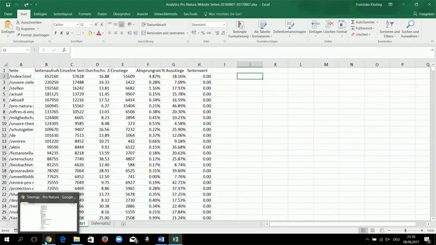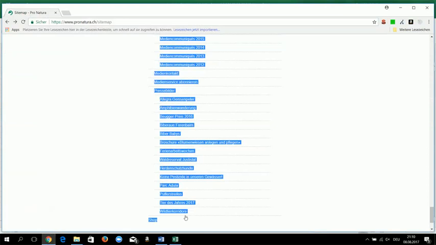Okay, in this video I would like to show you how you can mix and match the URLs of your sitemap to get a video export from Google Analytics. Because I realized that stakeholders are usually quite familiar with the sitemaps, and I would like to get some numbers behind them. First thing which you have to prepare is that you have to include a sitemap on your website, and